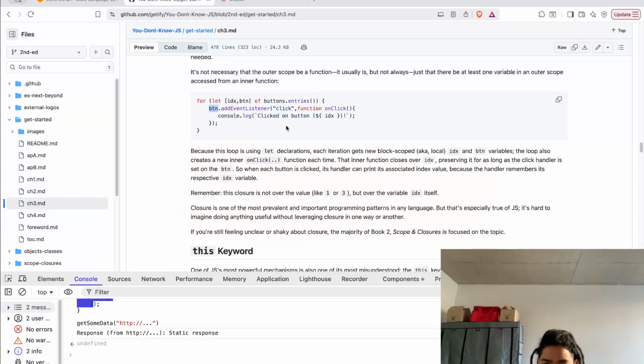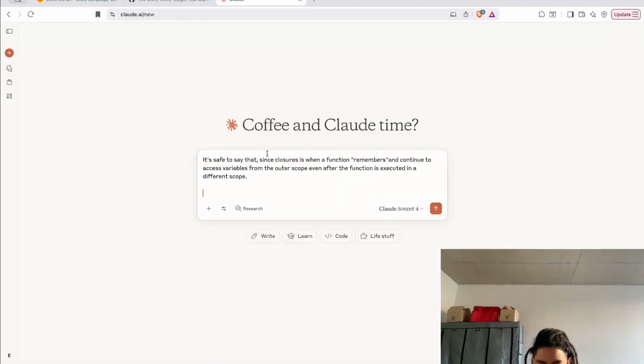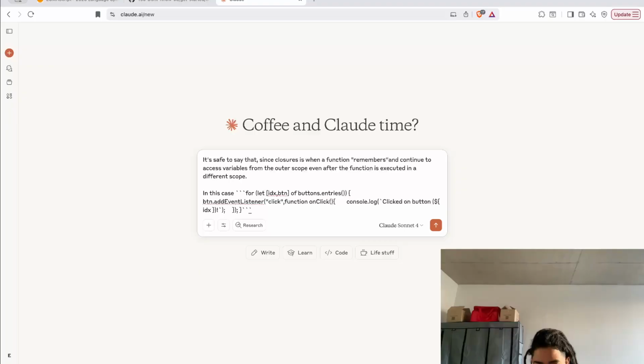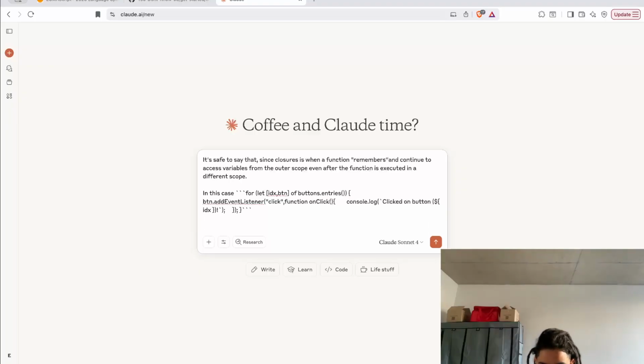In this case, the function onClick is closing over the variable idx from the for of loop,